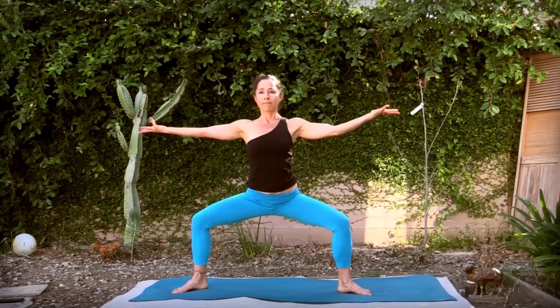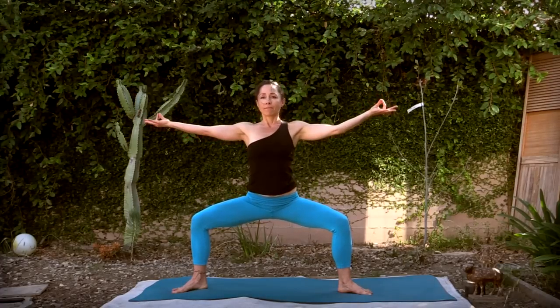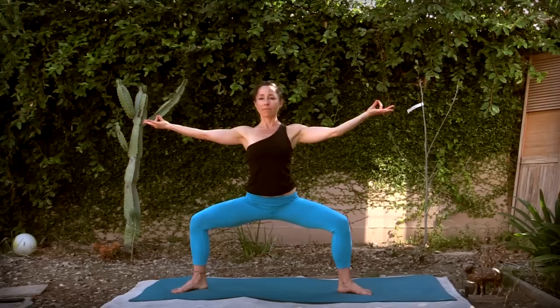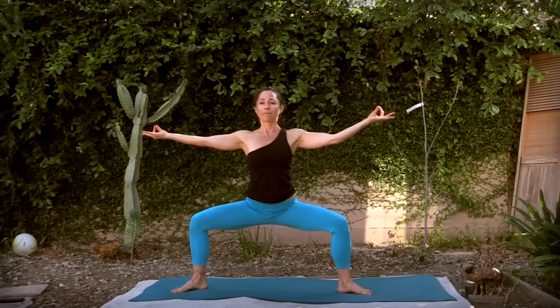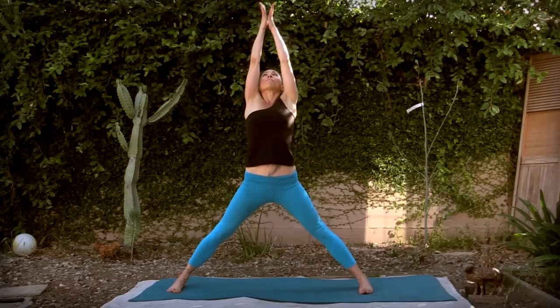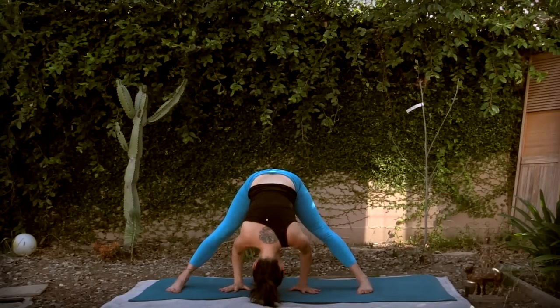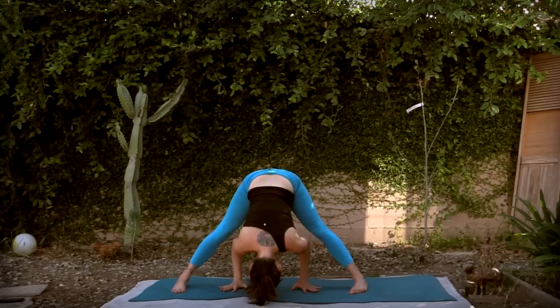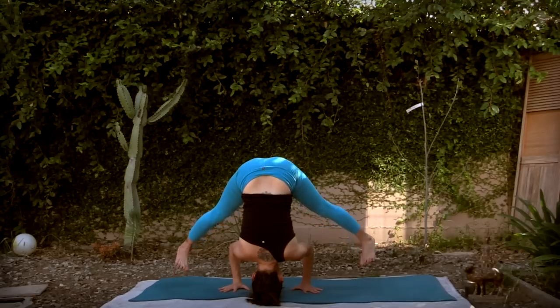Okay, and then come on up to warrior 2, bend the right knee, and turn the left foot out to temple pose. So the feet turn out, the knees bend, the arms extend out, and you touch the thumb and pointer finger together. Now sit down into the pose for a breath. And then we'll go ahead and straighten the legs, parallel your feet, reach the arms up, and fold forwards into Prasarita Padottanasana. So wide straddle forward fold, and you can stay here, or if you like, come up into a